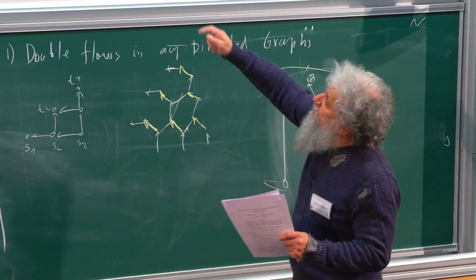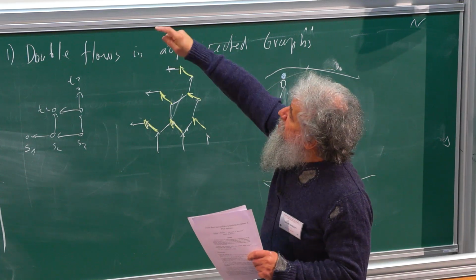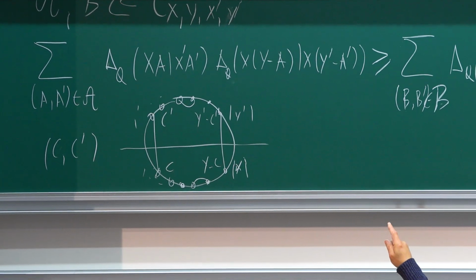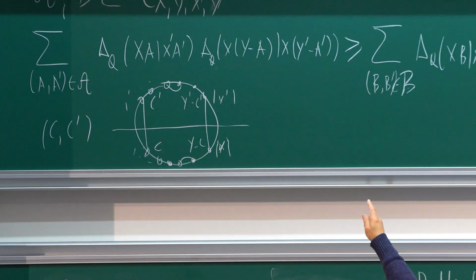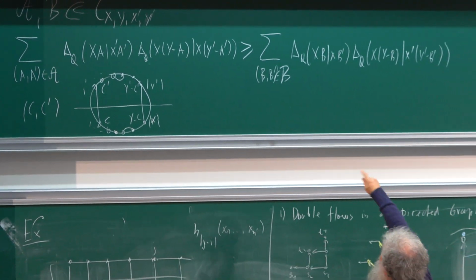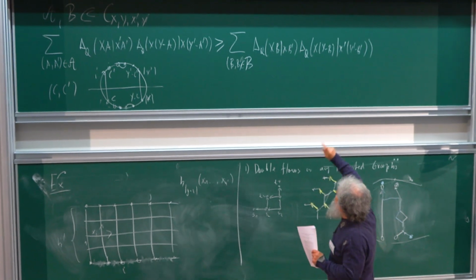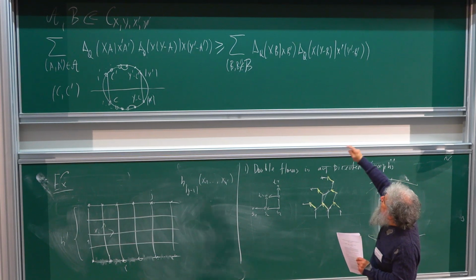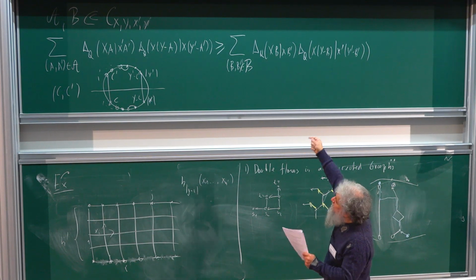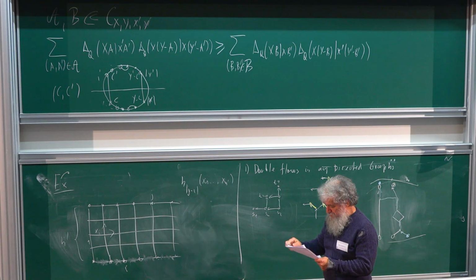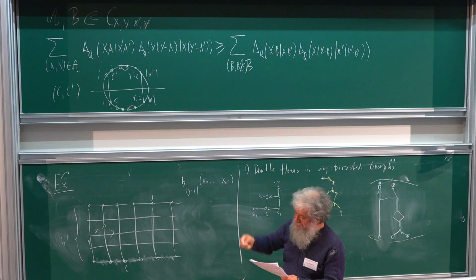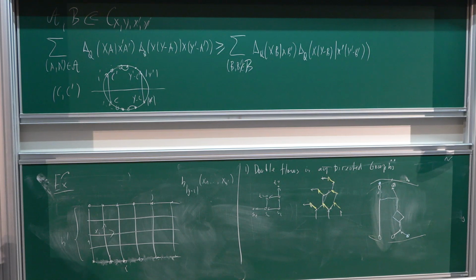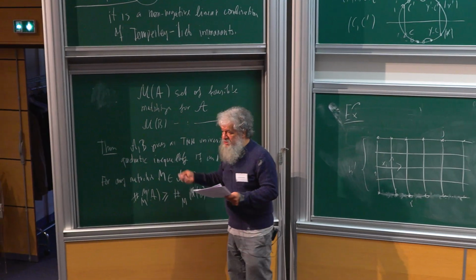So therefore, in this product, how it's related to matching: this is exactly the product of two flows, we get a double flow, and from the double flow we get a matching. And now there is another procedure which rearranges one double flow into another double flow, and this gives us the proof of the theorem on one side. For the other side, it is the proof that if the number of matchings is greater than or equal to the number of matchings, then it's non-negative.